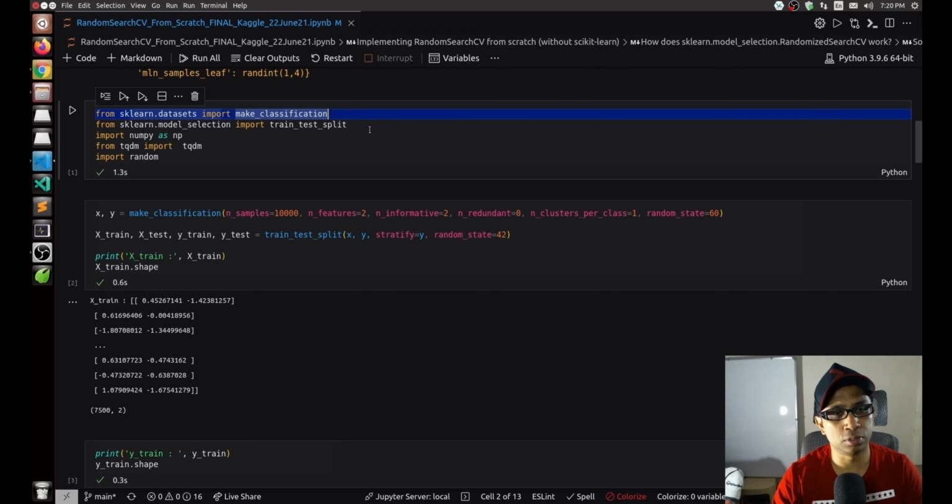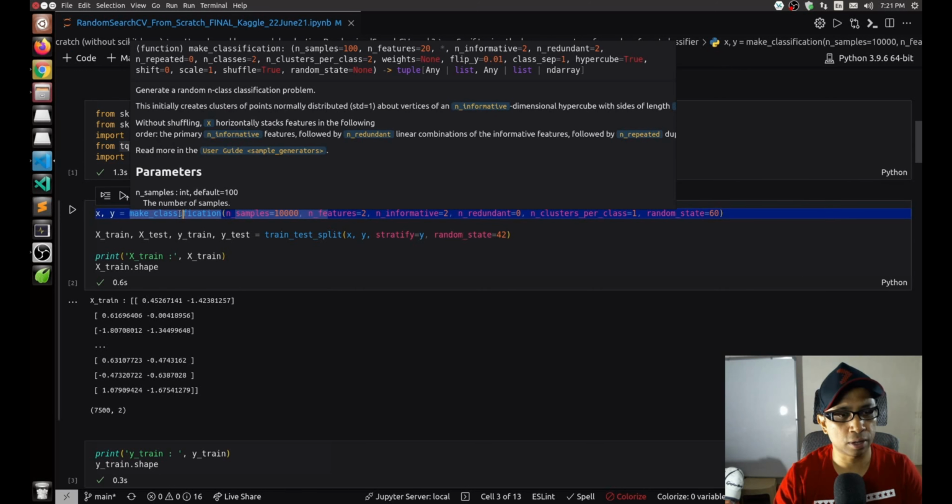Then a normal train test split to split my data set, and numpy and the random module of Python, because we have to generate random variables for implementation of random search CV. And the tqdm package is just to show a progress bar kind of thing when a long loop goes on. So the first step is just creating some dummy dataset with make_classification,